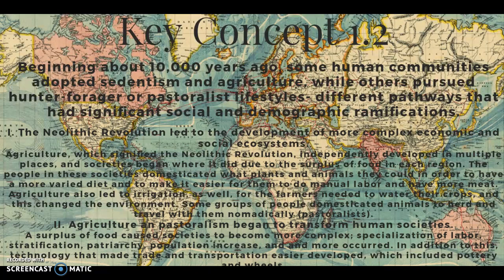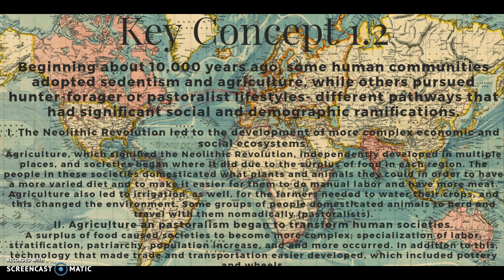This really affected the development of these societies in many ways. It caused them to become more complex because you'd have specialization, stratification, patriarchy, and environmental changes, but it also led to new developments such as irrigation because they had to water their crops, and pottery and the wheels, which made it easier to trade and travel. Additionally,